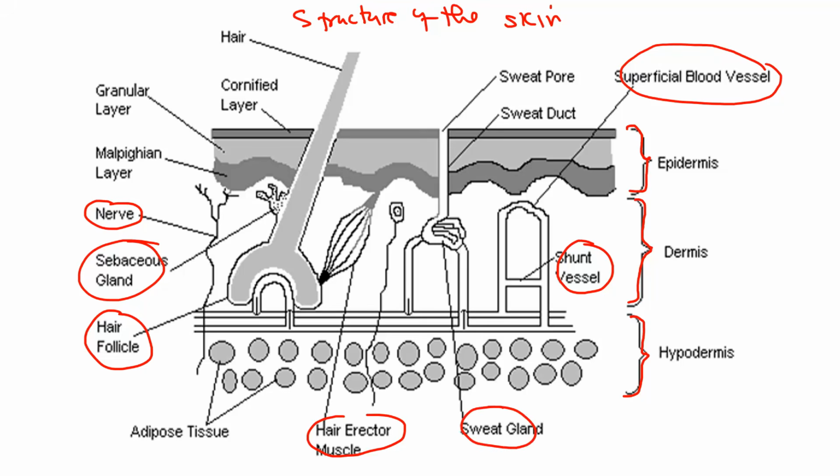Okay, what about the last part, which is the hypodermis, the deeper part of the skin? This is made up of the adipose tissue, and all these are very important as we discuss. I said this structure, you need to know it. Given this structure, especially in paper 1, you might be given, let's say, this part is X, then this part is Y, and asked what the functions of X and Y are. This is the erector muscle, and that is the sweat gland.